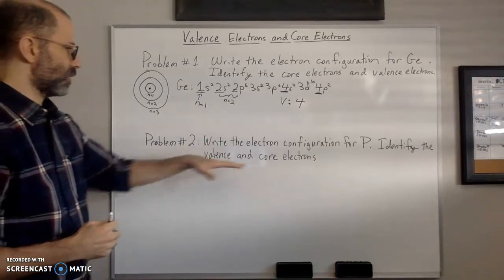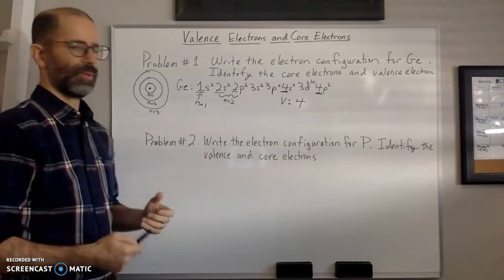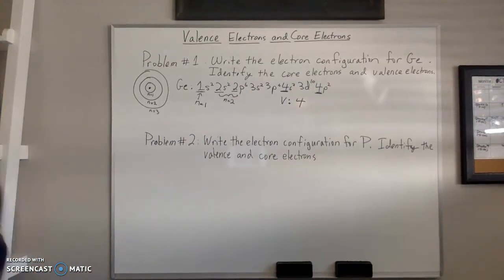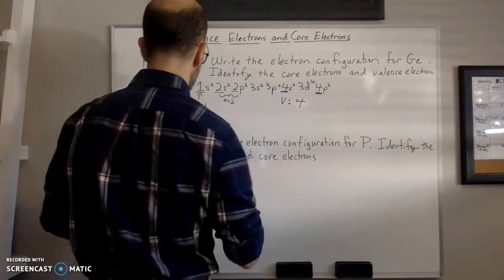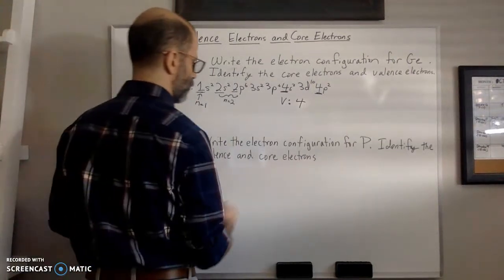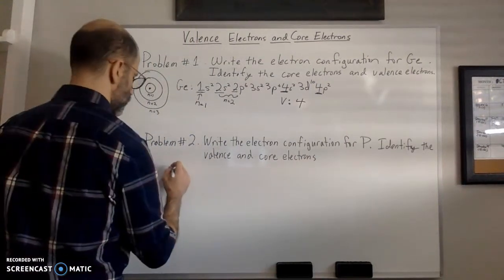So what about phosphorus? How many electrons does phosphorus have? If we look at phosphorus, it has 15. So phosphorus has 15 electrons. So we're going to write the electron configuration for phosphorus. So again,